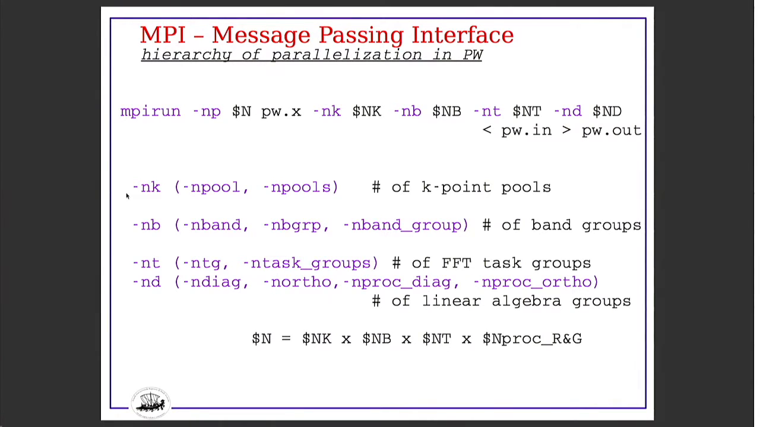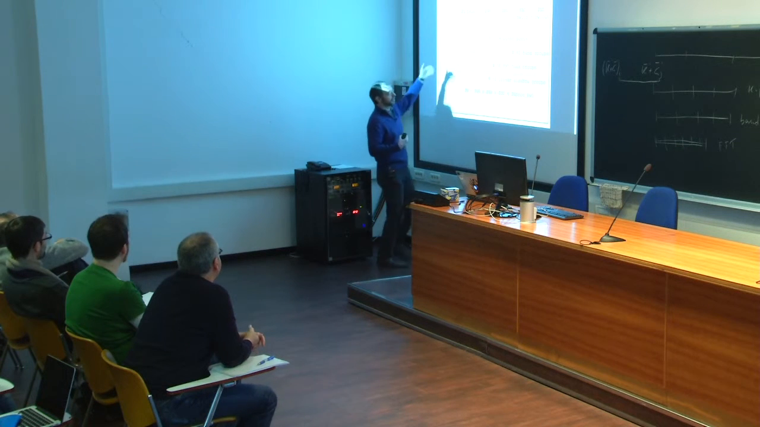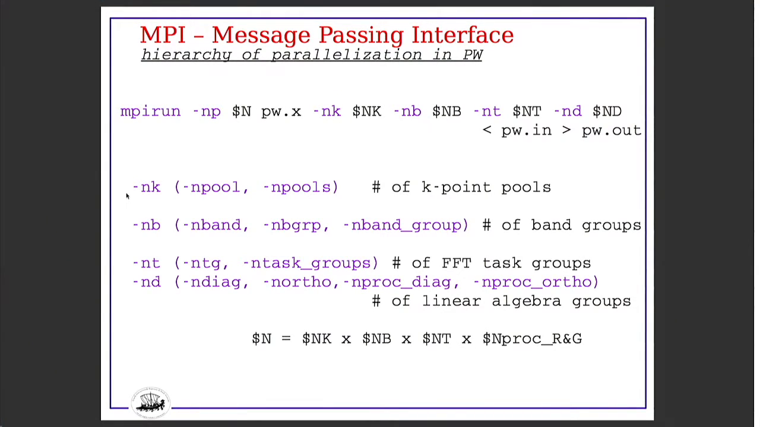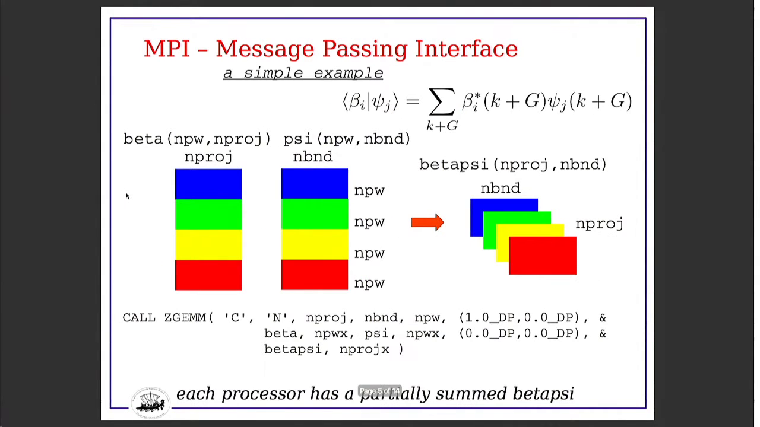And one problem is that some of these levels of parallelization may interfere. For instance, the band parallelization may interfere with the task parallelization and with the FFT parallelization, because they all deal with the same wave functions that are distributed differently for different tasks and properties. So, just a quick reminder of something that everybody should probably know, data are typically